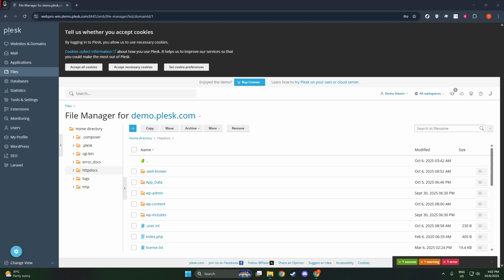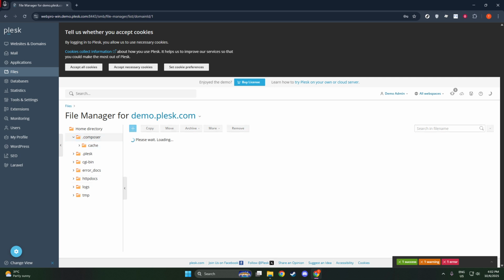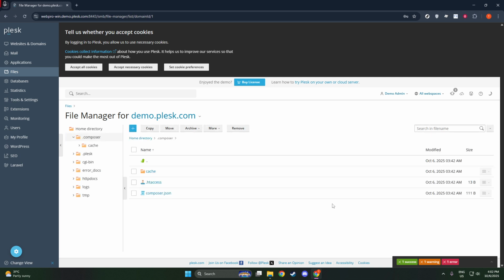Once you're in the File Manager, the next step is to find the .htaccess file. This file is crucial because it controls many of the server's operations, and it can sometimes be the culprit behind a 500 error. The .htaccess file is typically located in the root directory of your website. When you find it, you'll need to rename it to something else. For example, htaccessback. Renaming this file essentially deactivates it, allowing you to check if it was the cause of the